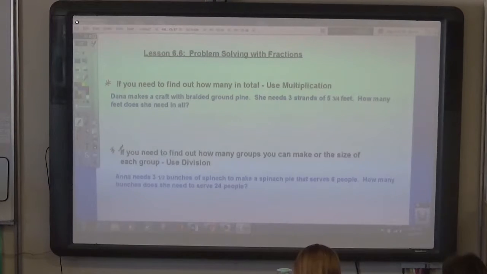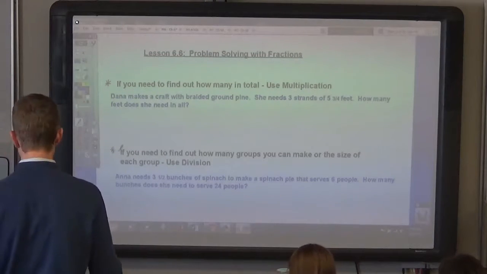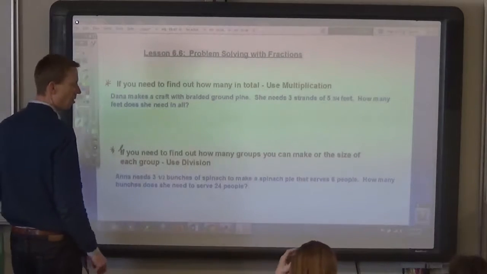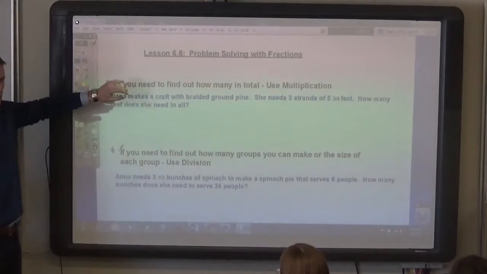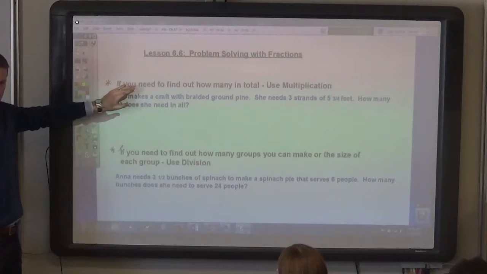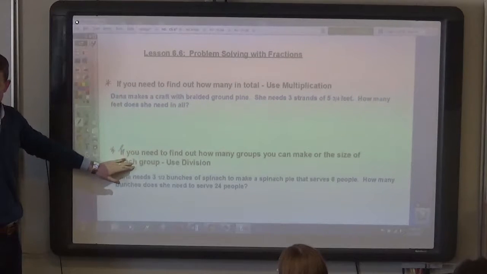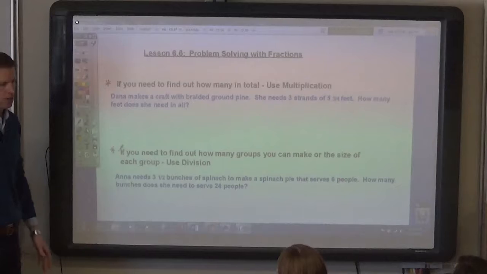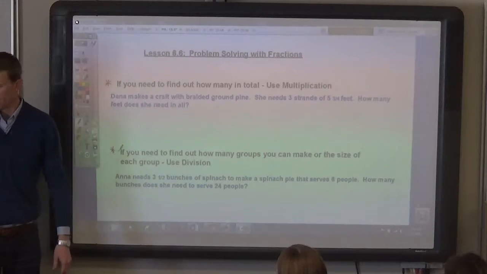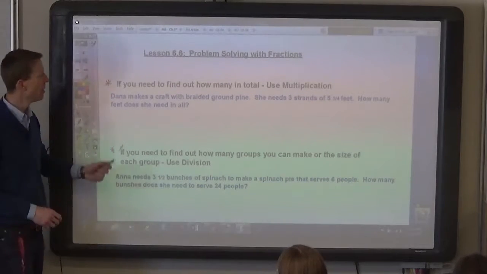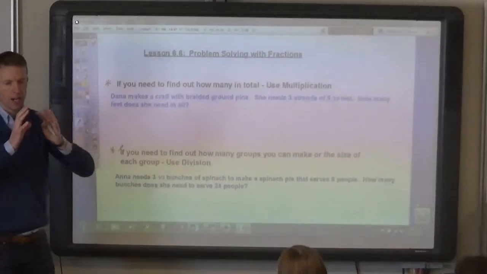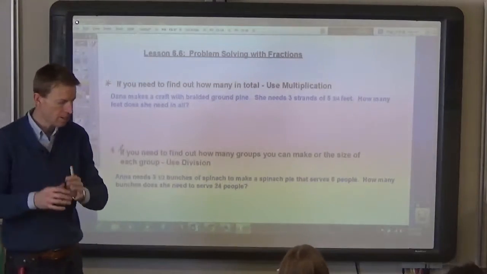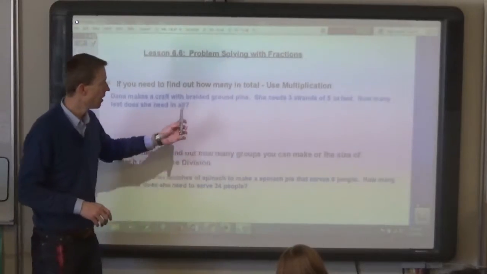Okay, sixth graders, when you're doing problem solving with fractions, there are things in the problem that you can look for to help you decide whether you should use multiplication or division when you're solving the problem. Okay? Generally speaking, if you are given a size of the piece that you're finding,